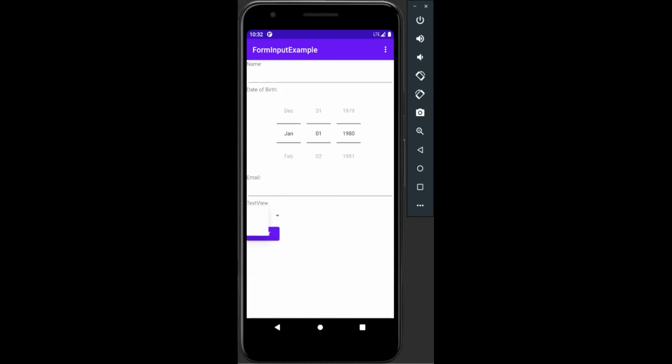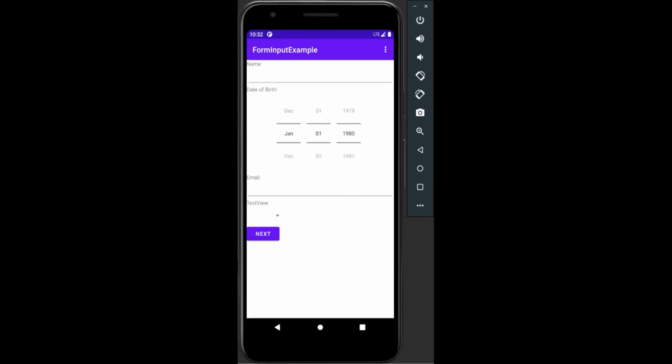Sure. Can you hear me, guys? Yes, I can hear you. So you can see my emulator. Yes. On this there is a drop down here, but we can't see the items in the drop down. Let me see your